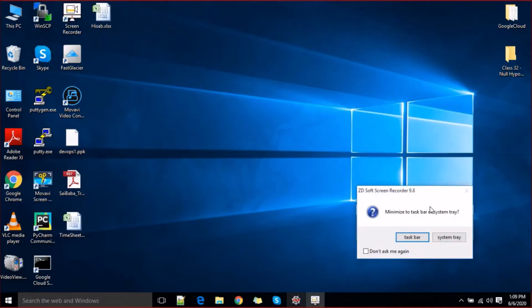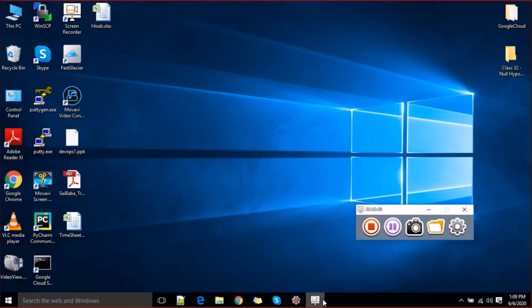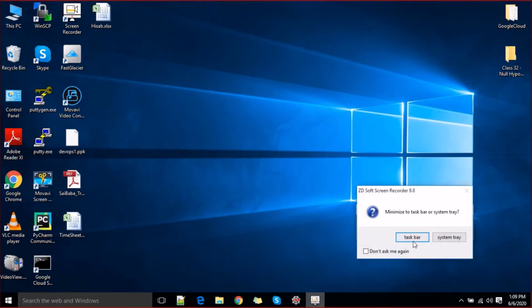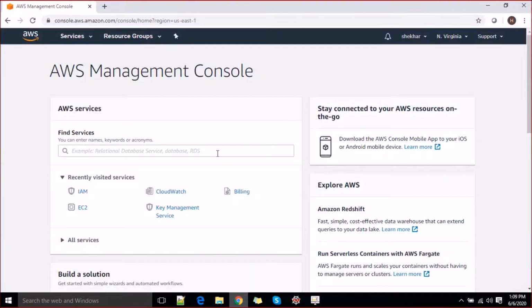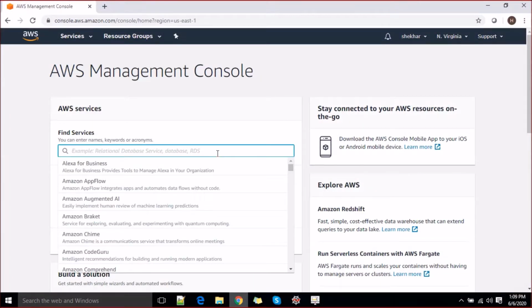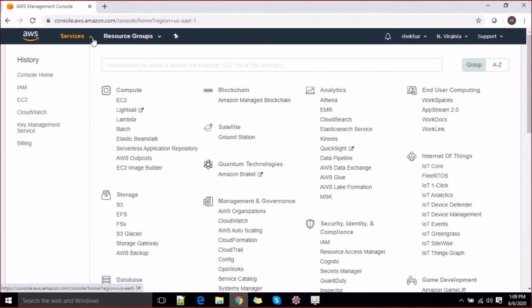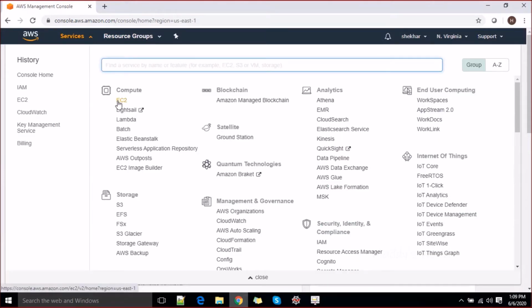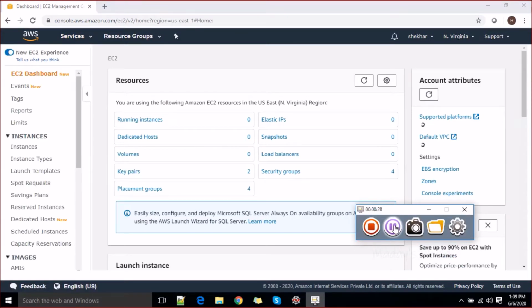Okay, let's look at some monitoring part today, right? So we have gone through a couple of things, right? We have gone through most of the things we should know as a system admin. So we should also move to some part of monitoring stuff, right? Before we talk about monitoring much, let's quickly create one instance. We'll pause this video.